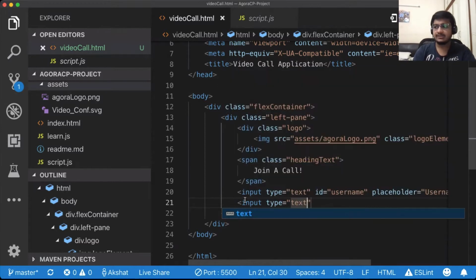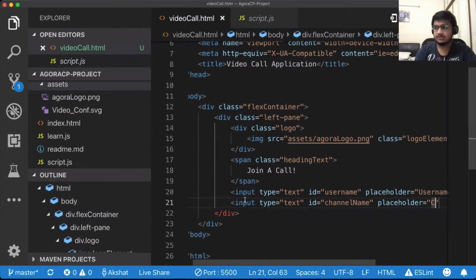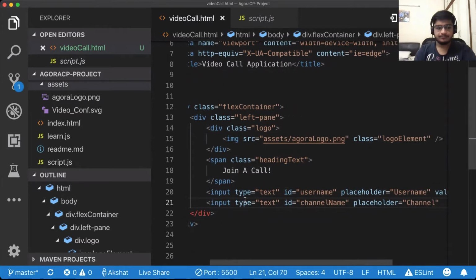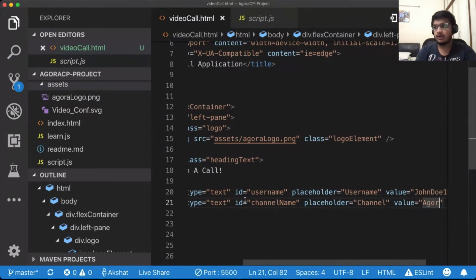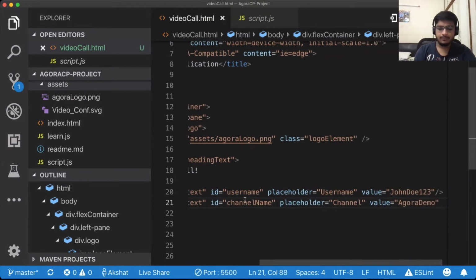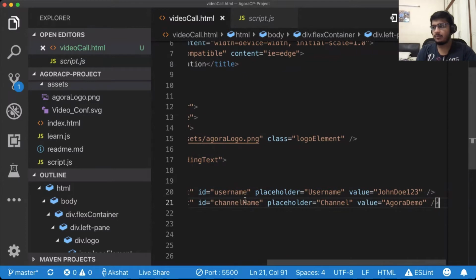Input type text, ID equal to channel name, placeholder equal to channel, value equal to Agora demo. So again, input field, so it's a self-closing tag.